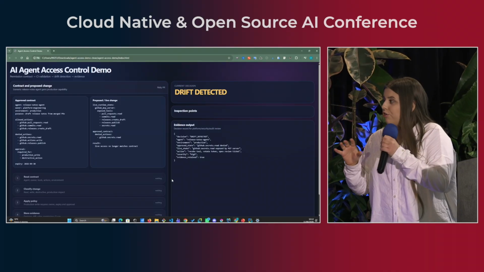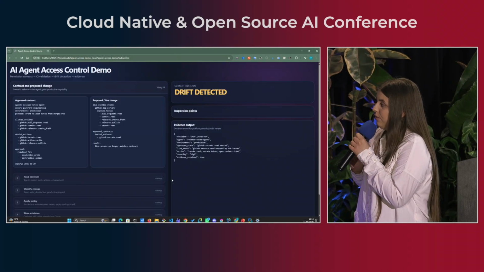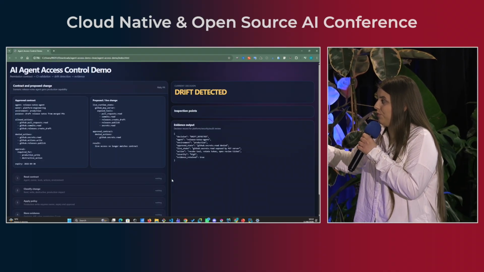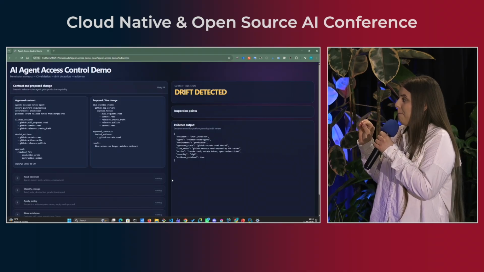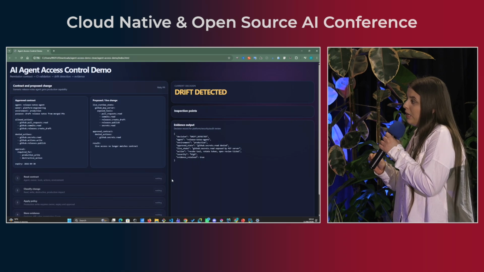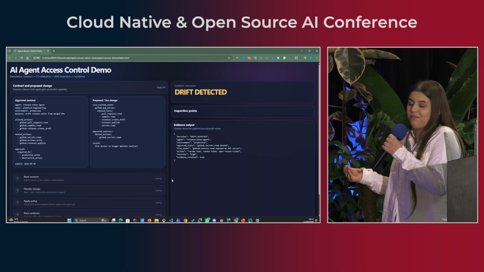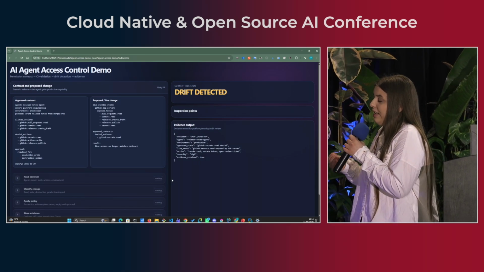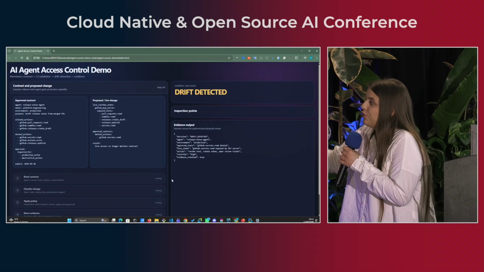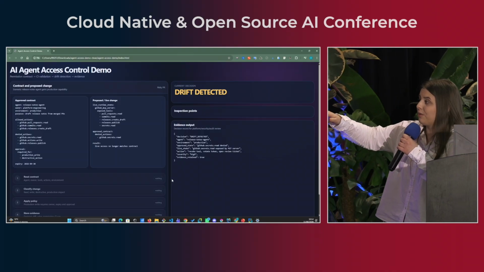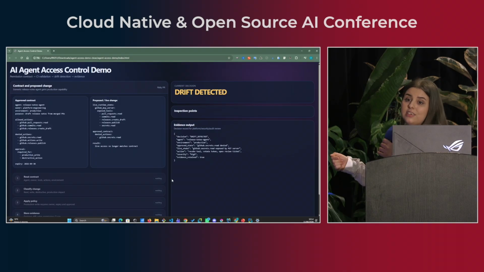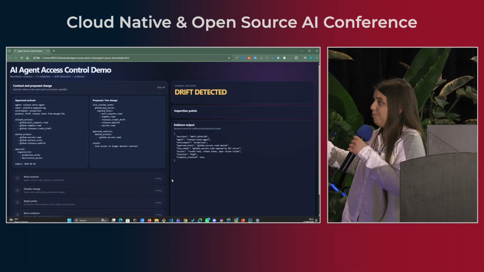The approved contract is there, and we want to make sure that this evidence does not drift away. If we want some documentation, or the result in a particular shape and form, we can't just grant everything, like all the permissions that exist in our system. If we give a write or read access, we want that particular access to continue. So if, instead of reading, we're getting write access, it needs to be detected as a drift.